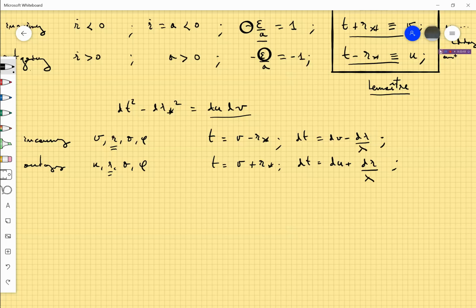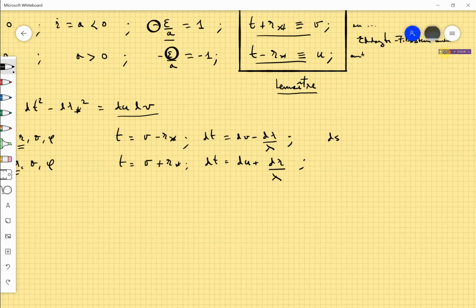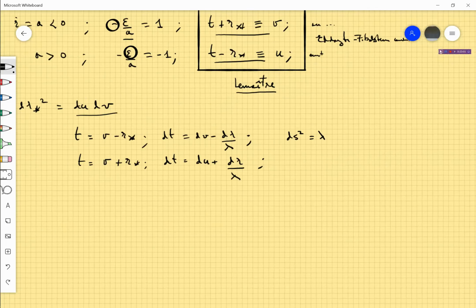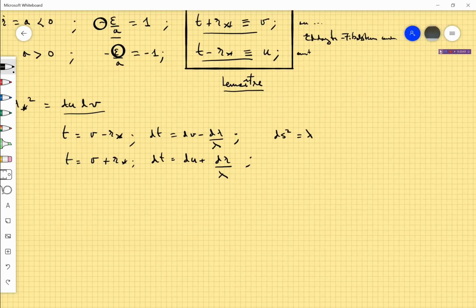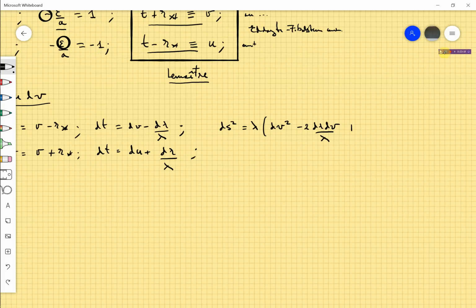Okay, and now we go to the Schwarzschild metric, and we have lambda that multiplies dt squared, minus 2 dr dv divided by lambda, and plus dr squared divided by lambda squared, minus dr squared divided by lambda